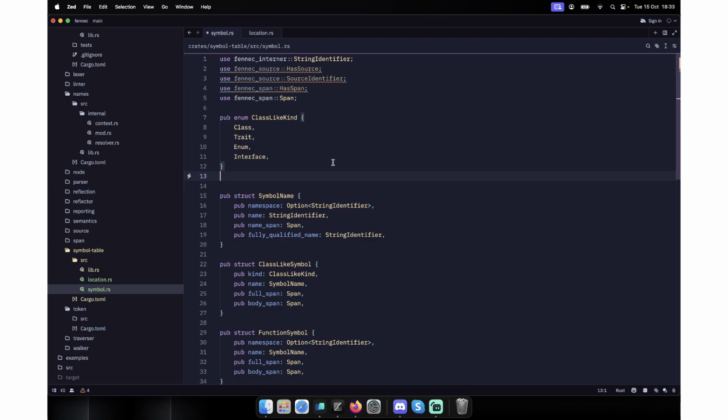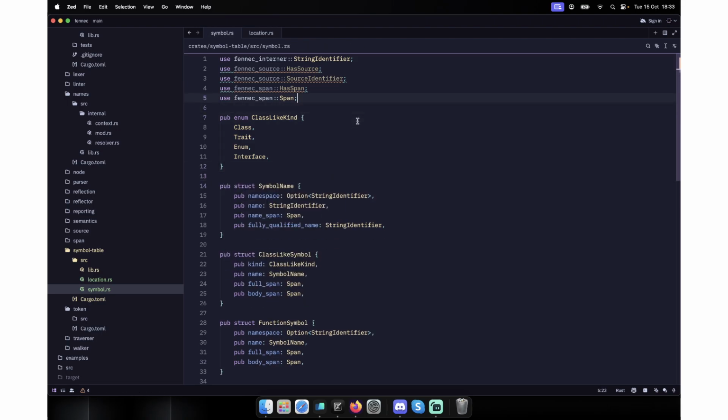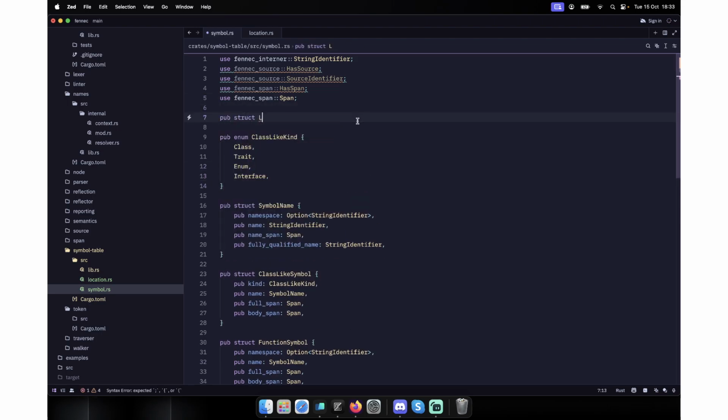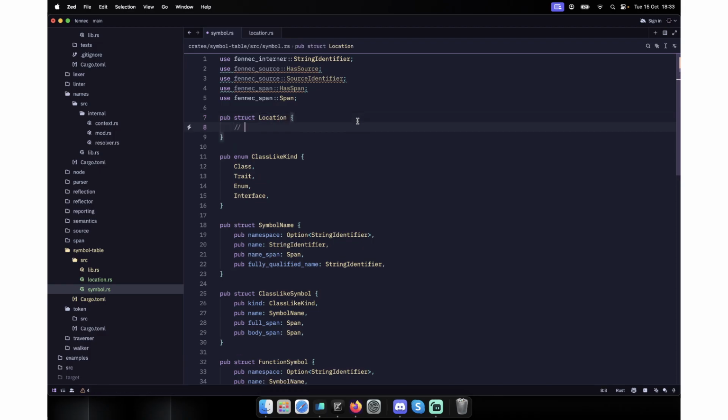Here's what we're gonna have, other stuff. Let's say location and represent